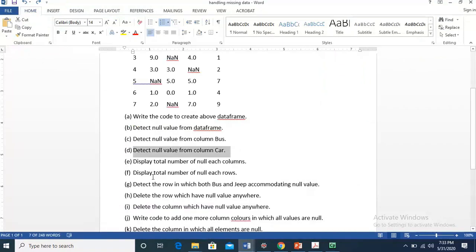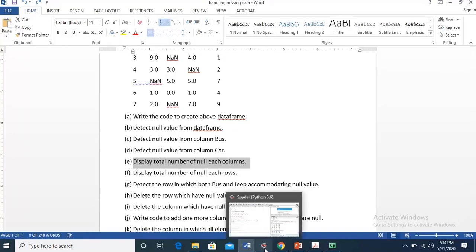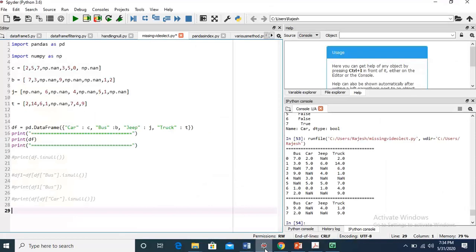This is our next question. Display the total number of null in each column. We have to display the total number of null in each column. In other words, we can say how many missing values we have. So for this, print